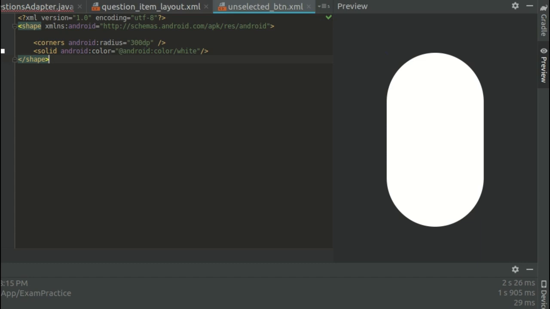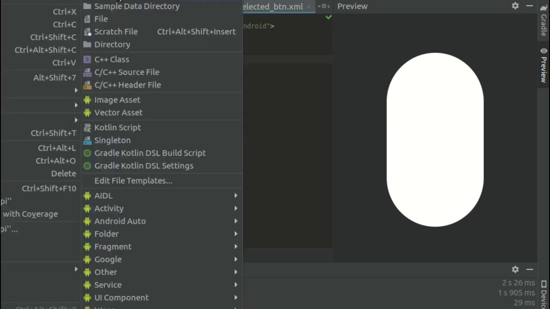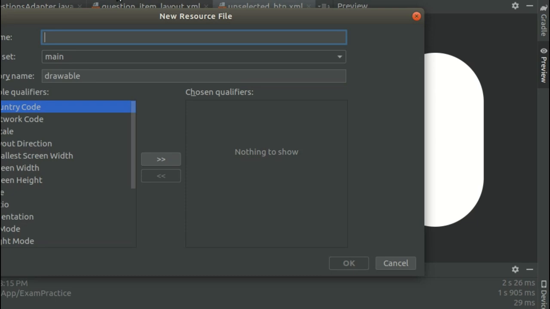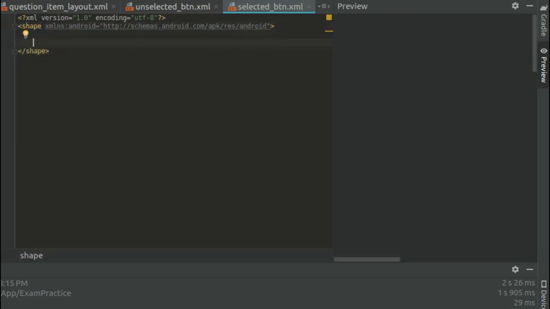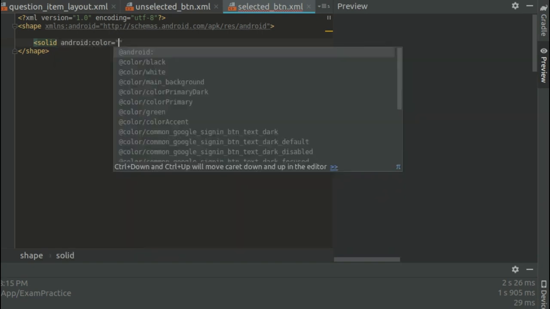So right click on the drawable, new drawable resource file, and name it selected_btn. Change this selector to shape. We want a shape. Then we want its solid color,